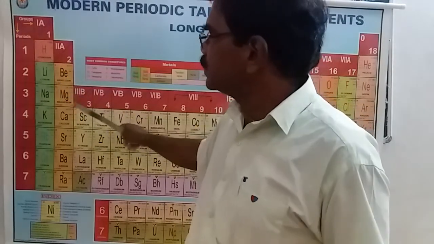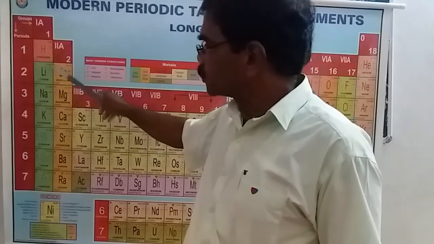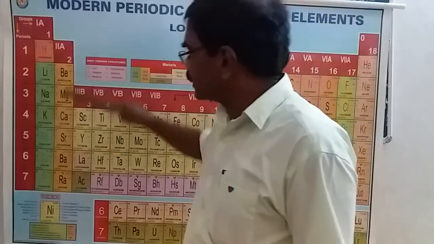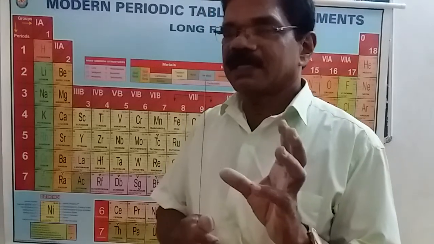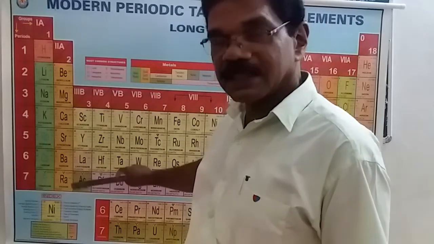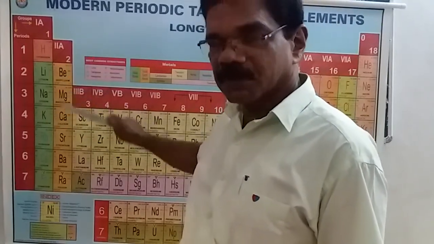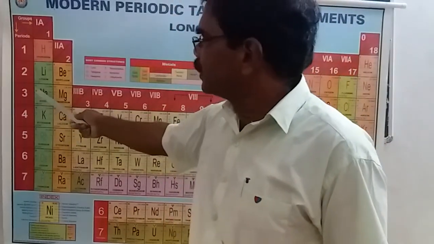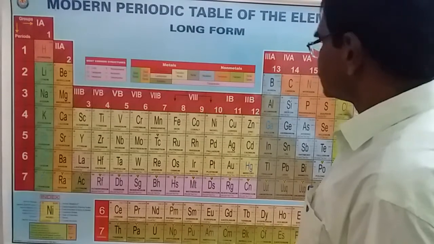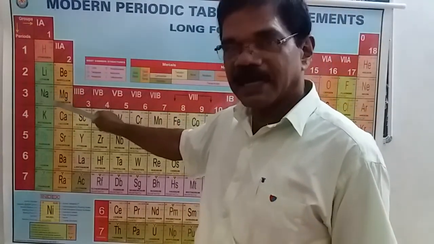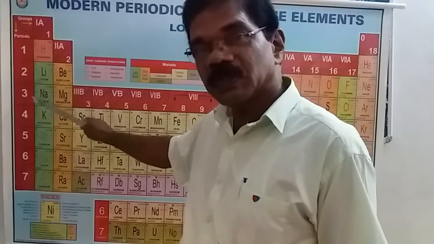So in the case of the first group, second group and third group, the valency and the valence electrons remain the same. The first thing you have to study is, in a group, valency remains the same throughout the group, from top to bottom. Then the other thing, how the valency changes in a period from left to right. In the case of sodium, atomic number 11, valence electrons 1, valency 1.